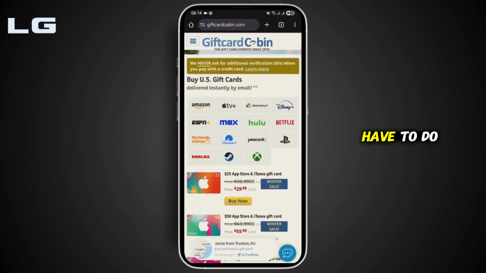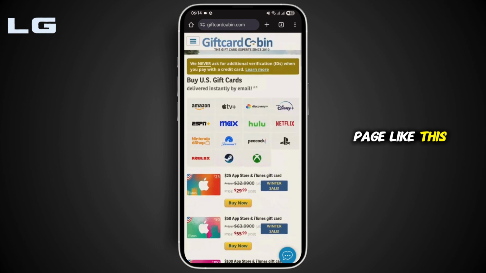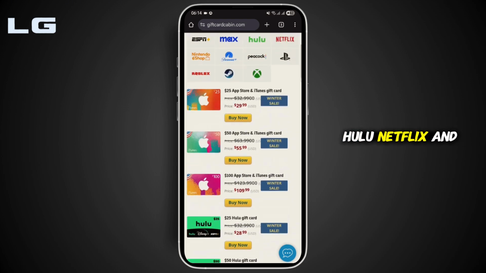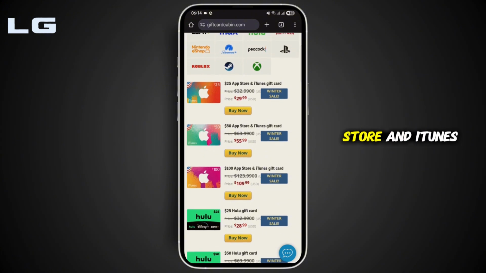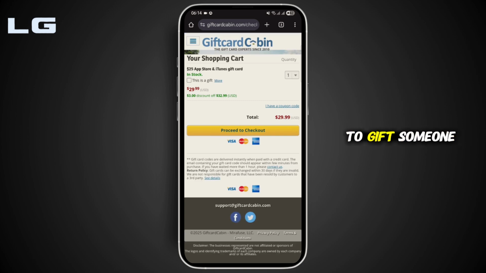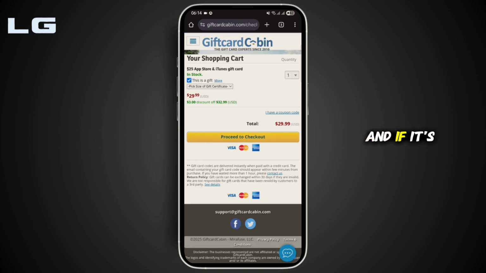So first of all, you have to type in giftcardcabin.com in the search box from your browser. You will get landed onto a page like this. Here you will see various gift cards from Amazon, Hulu, Netflix, and you will also see some App Store and iTunes gift cards. So select whatever gift card you would like to gift someone, and